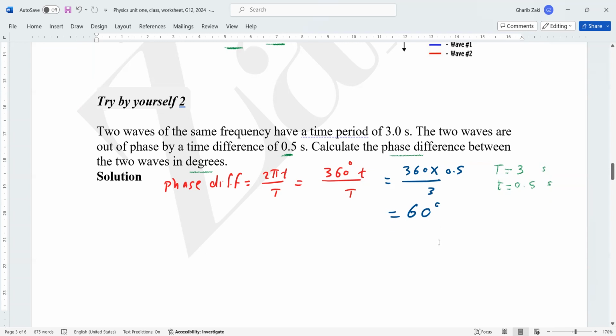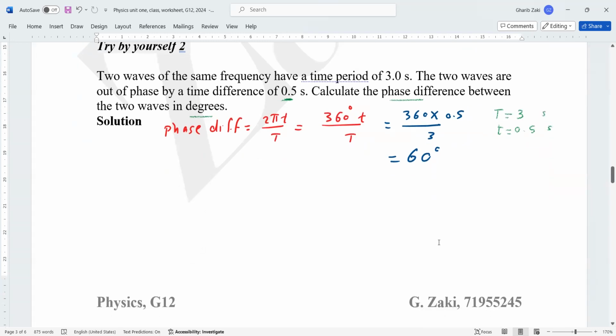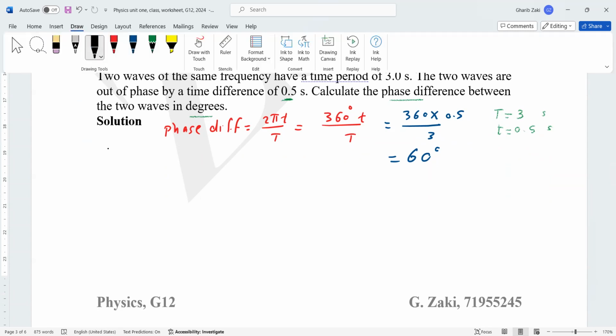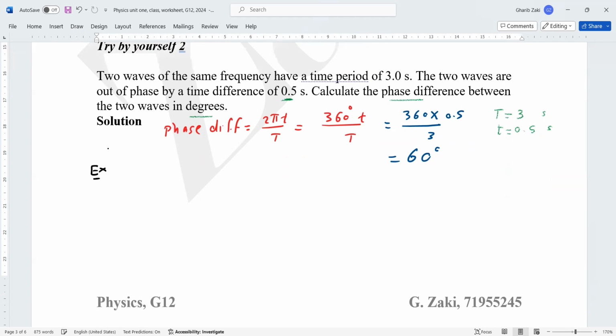Now I give you another question. Try to write it and try to solve it. This question is about the phase difference. Example for you. Two points on a wave of wavelength 1.0 meter